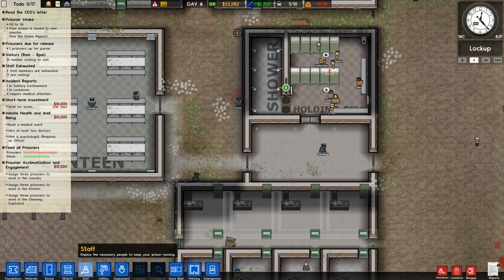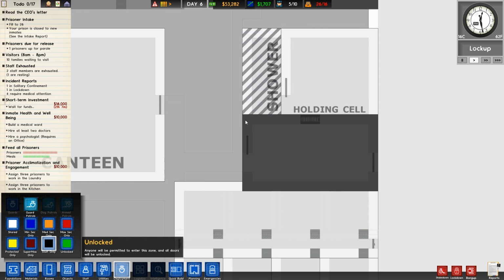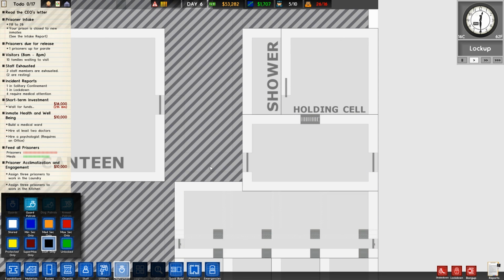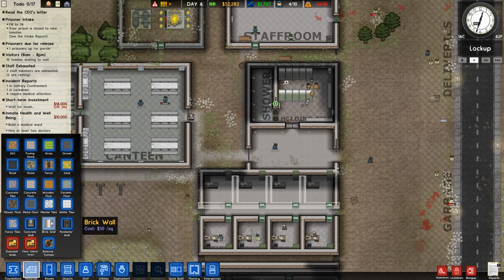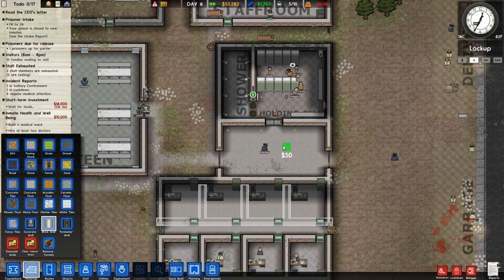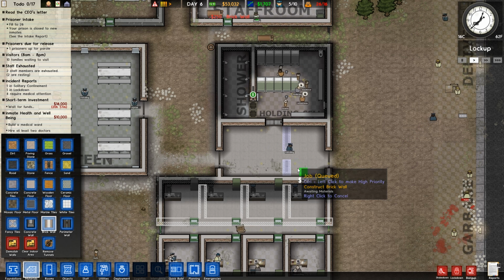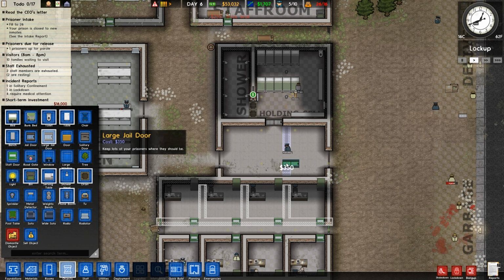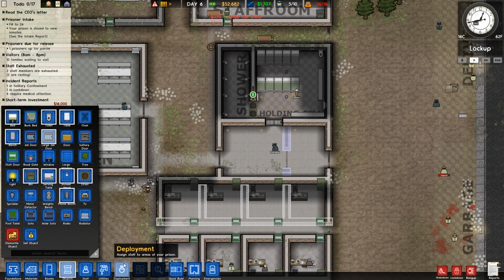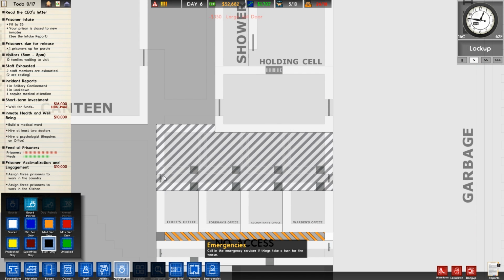So what I need to do here is... Can I stop this from being staff only? Yeah, no longer staff only that. And then what we should do is build a brick wall here and here, put in a jail door, and then under the deployment, we can make this... Well, once the wall is built...